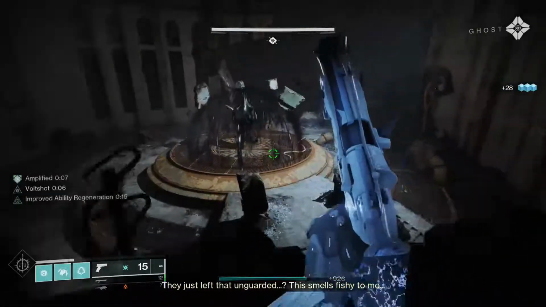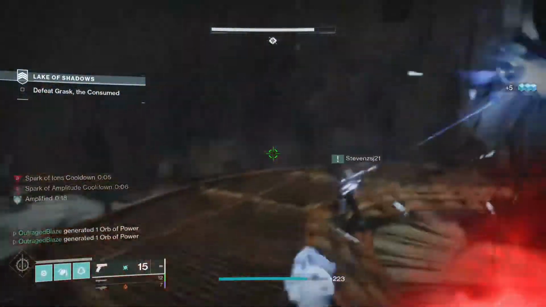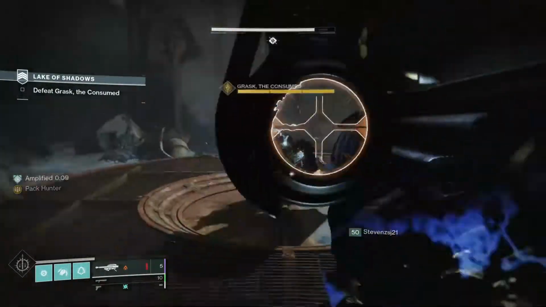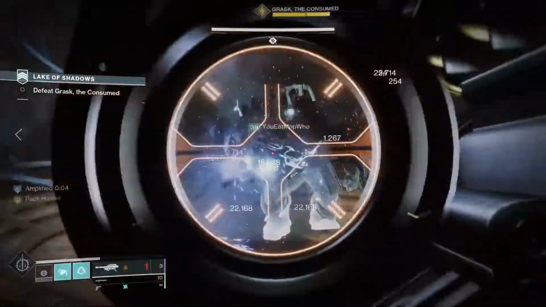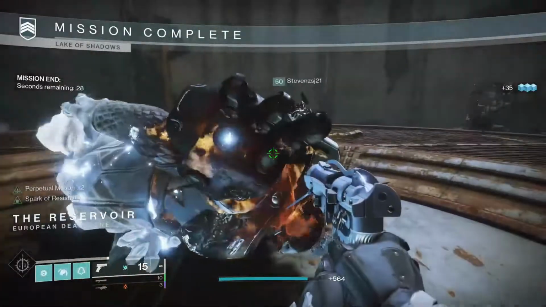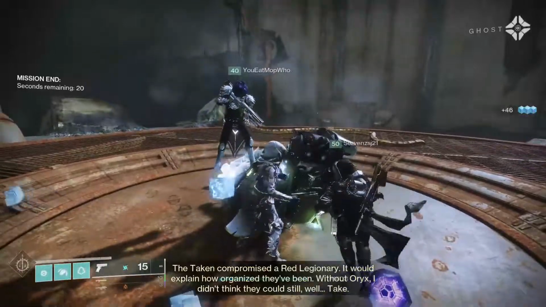Just left that unguarded? This smells fishy to me. Taken compromised a Red Legionary. It would explain how organized they've been. Without Oryx, I didn't think they could still